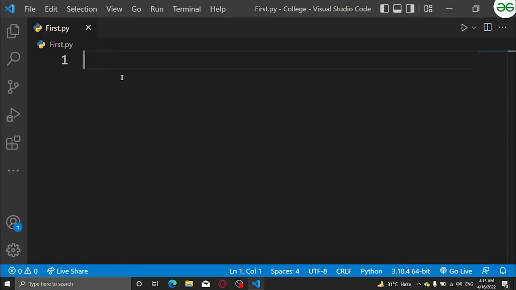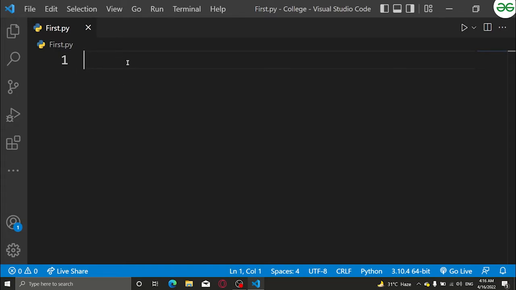Now, before going further and doing more practical implementations, let's have a quick look at the basic things that we should know about Python. Python is, you can say, kind of similar to English. There are no difficult wordings. Like in Java, it's like System something, a huge line of code.